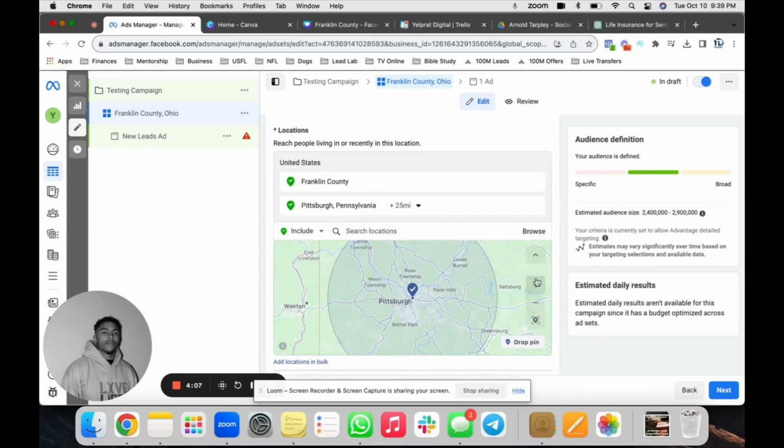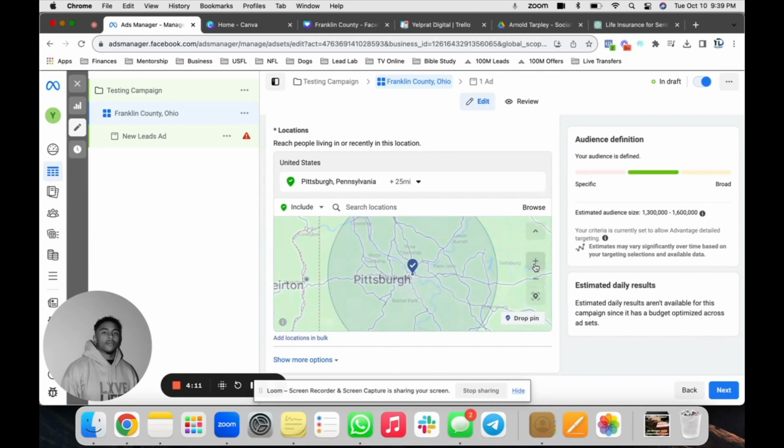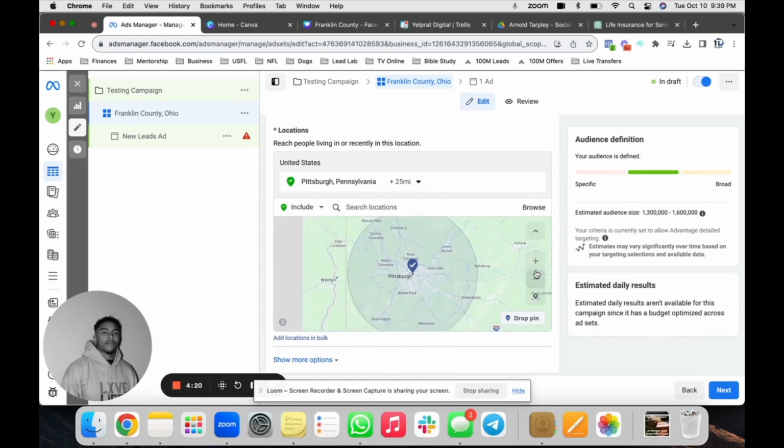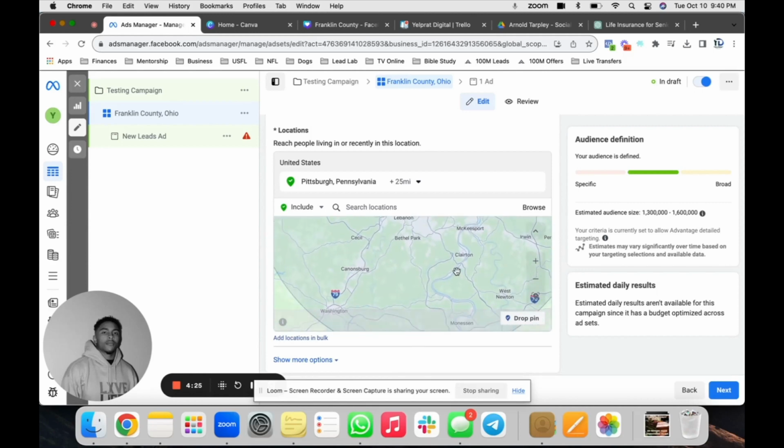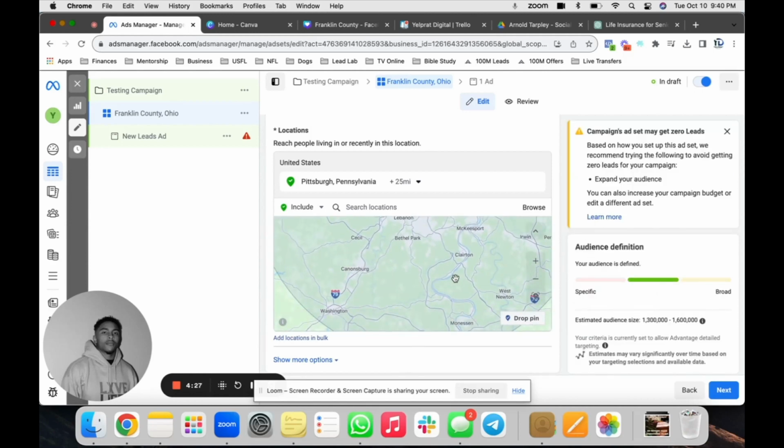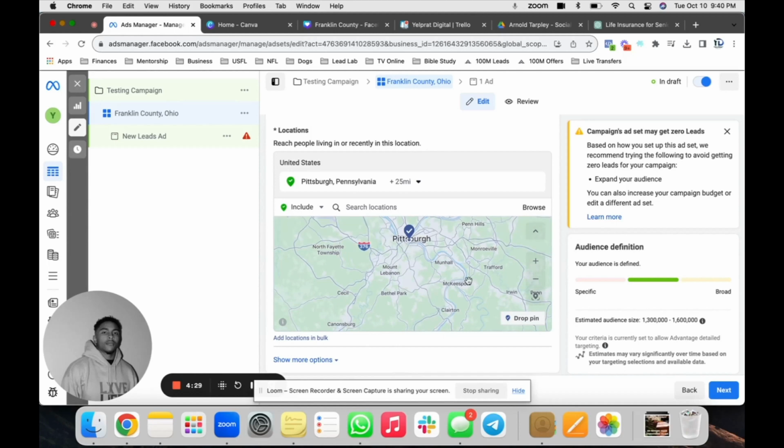All right. So typically it's a 25-mile radius. Now there's a few things that you need to be aware of. Okay, so the estimated audience size is very, very important. Now, if you were to market to, and I'm from Pittsburgh, so Jesus, if you were to market to all of Pittsburgh, and you put Pittsburgh on the ad, the issue is that people who live in Canonsburg and Monessen, these people don't say they're from Pittsburgh. So if they see the ad, you're going to be wasting money, right?